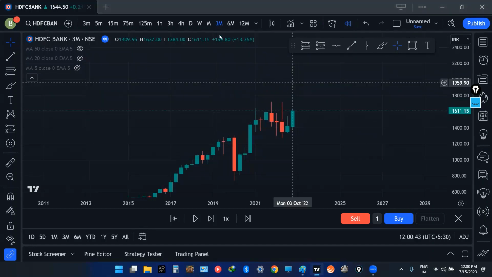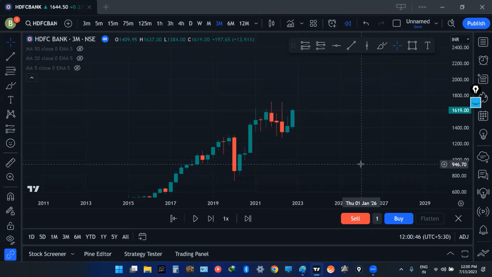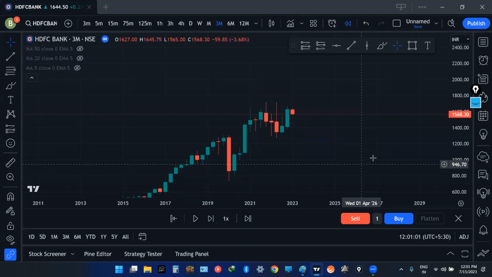So now you see this is a quarterly time frame. You are investing for the long term, so you cannot expect returns the very next day or the very next month. You need to wait for 4 quarters, 5 quarters. What is the meaning of 4 or 5 quarters? 1 quarter is 3 months. So 4, 5 quarters means 1.5, 2 years, 3 years. So after that,